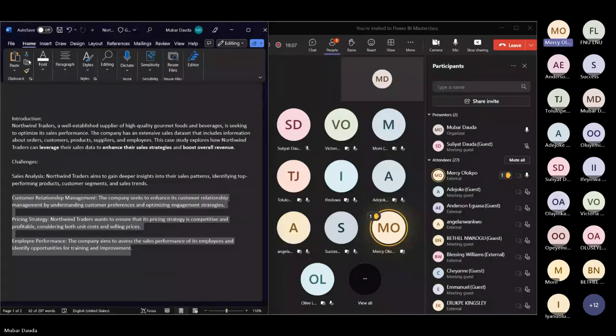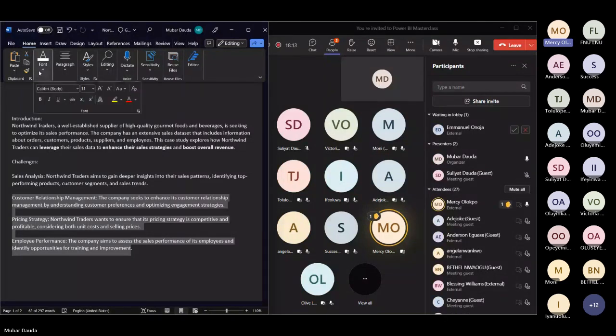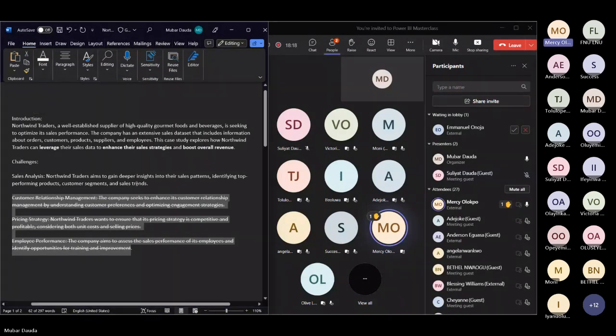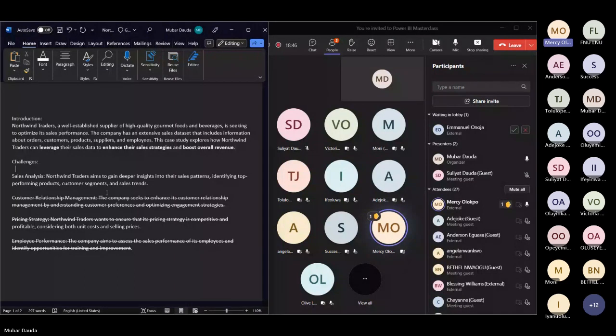For the sales, just for the first person I've spoken, we can actually use a line graph to look at the trend. That is a line chart to see, yes, to identify top performing products. For the customer segments and sales trend, and for the products, we can still use our bar charts, and